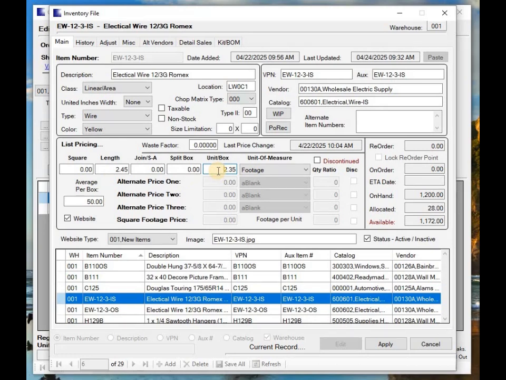Now, this is electrical wire, so I stock it by the roll, and I'm going to custom cut the electrical wire for a sale, and then I'll go cut it and enter it in as footage. If I already had packaged rolls of 25 foot, 50 foot, 100 foot, then you could, if you wanted to, sell it a bit cheaper, but it's still priced out at $2.35 per foot. Okay? Let's take a look at a work order